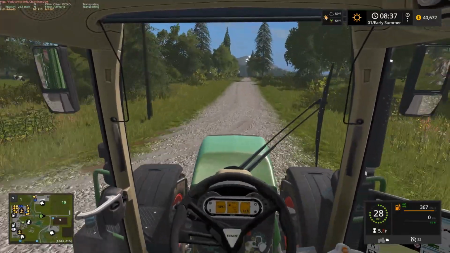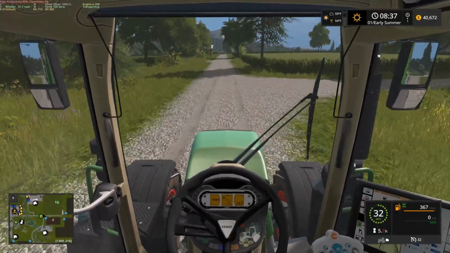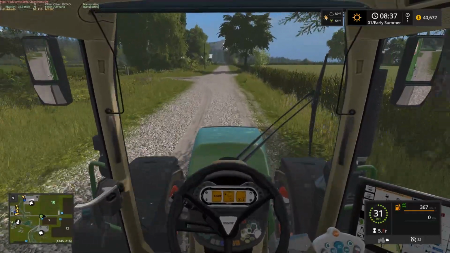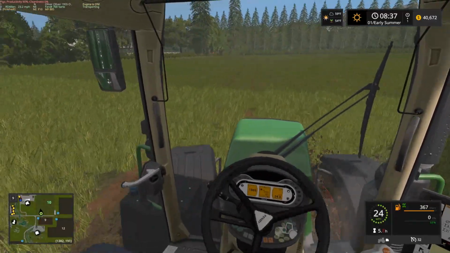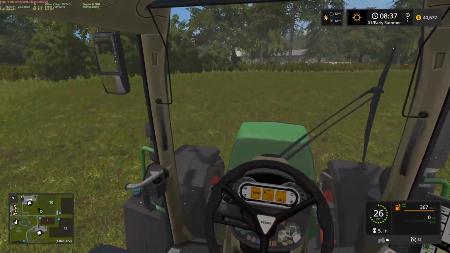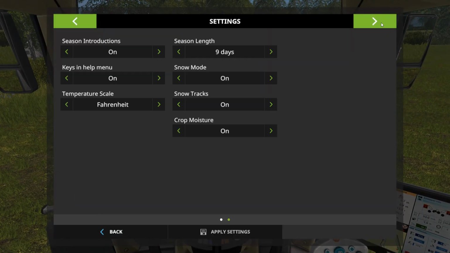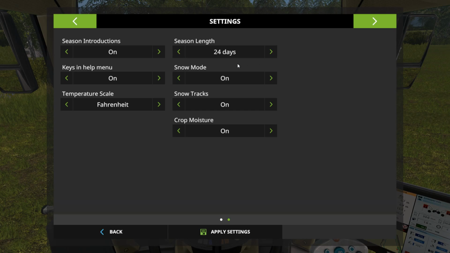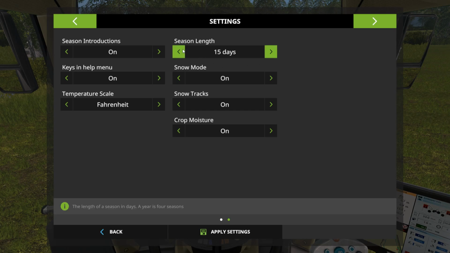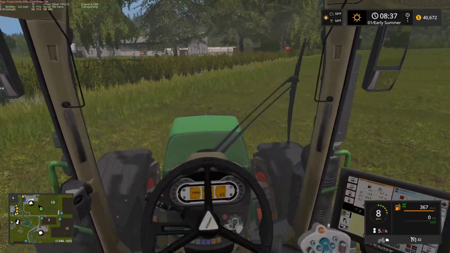One thing I have done since last episode as well is update the Seasons mod. So now I have a new version of the Seasons mod. Sounds like just a lot of bug fixes and a few additions and whatnot. Nothing too majorly has changed from what I could tell. One of the biggest changes I noticed was apparently you can make seasons longer now. So instead of 9 days, we can go all the way up to 24 days now. That seems like a ridiculously long season length. I suppose that's good if you're maybe playing on a really big map or something, but...